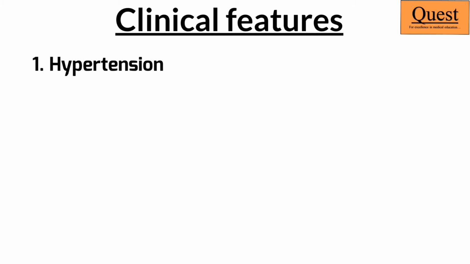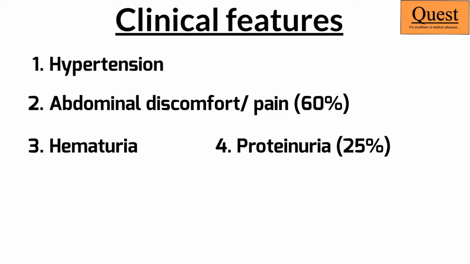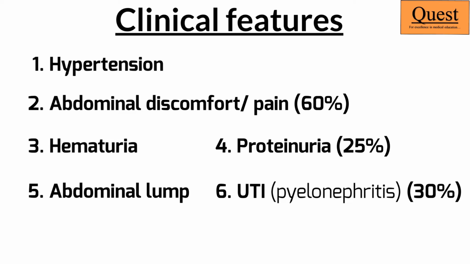Now, those patients who come to us with symptoms typically have abdominal discomfort. Around 60% patients can have discomfort and some of them could experience bouts of pain. This pain correlates with the rupture of cyst and can be associated with hematuria. Around 25% patients could have proteinuria. Some patients present to us with an abdominal lump,